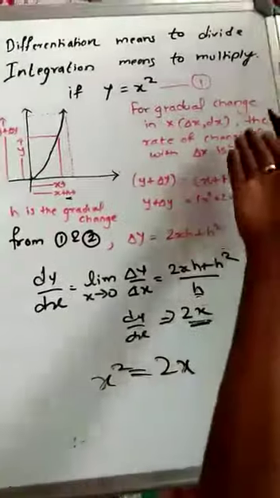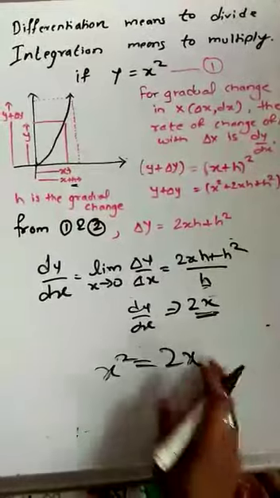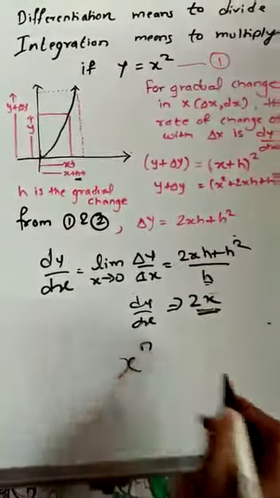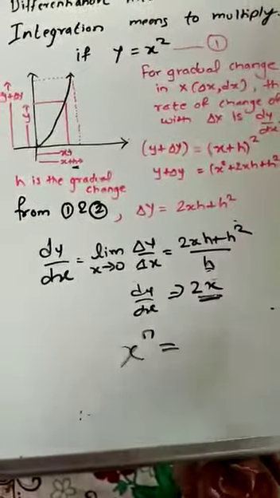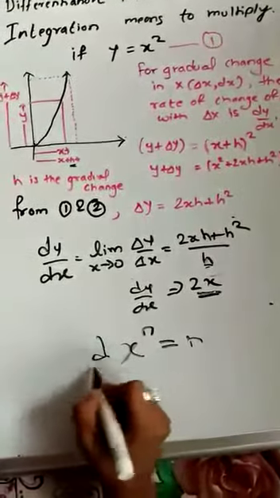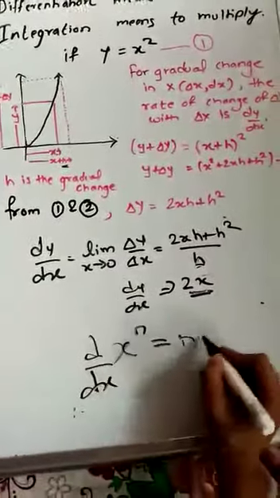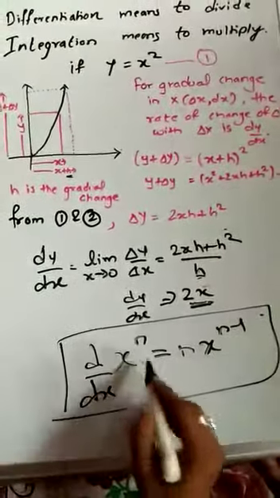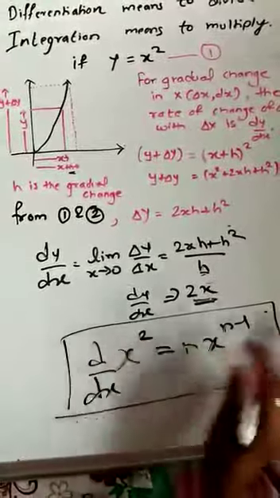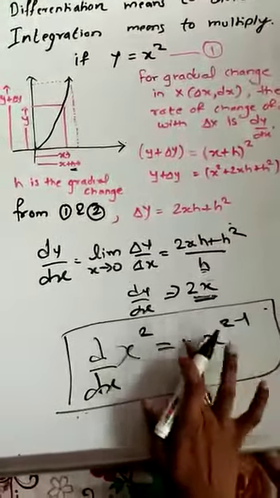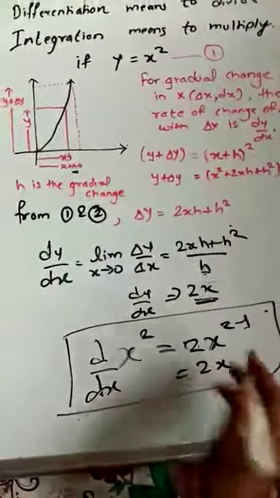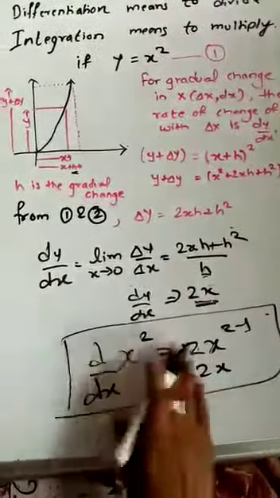Now each and every time you cannot do all these processes, right? So they have derived formulas, instead of this continuous derivation: if you take the derivative of x raised to n, then it becomes n x raised to n minus 1. Now you can use it directly. If you put n equal to 2 here, then it becomes 2x to the power 2 minus 1, which is 2x. So it becomes 2x directly. All these purposes are served by this technique.